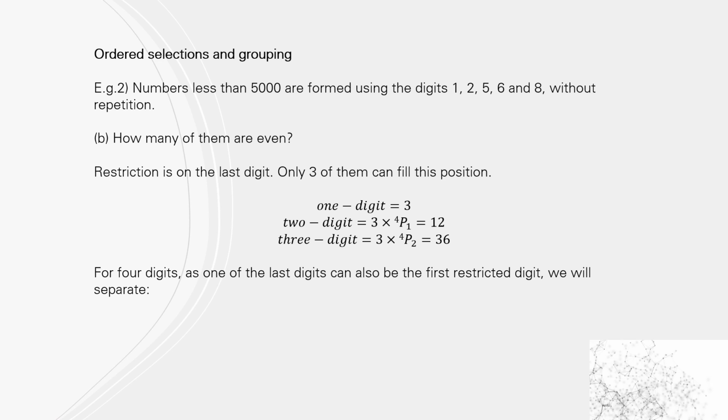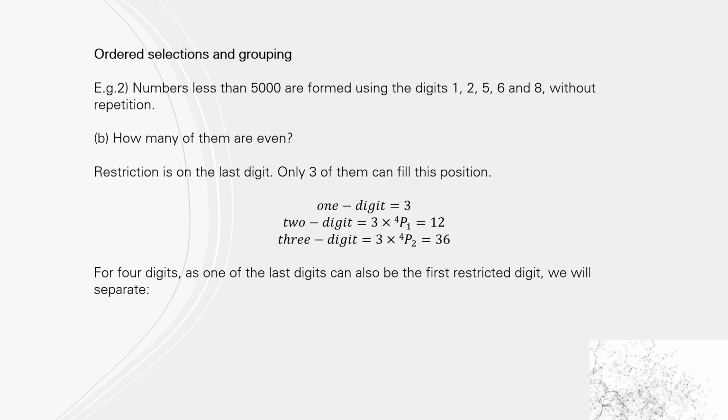For the 2-digit, the 2, 6 and the 8 can fill the last spot, and there's only 1 position left, obviously in the tens column, and there's 4 to choose from, so that's 3 lots of 4P1. For the 3-digit, once again, the 2, 6 or 8 can fill the final position. So that's the 3 times, and then we've got 2 spots remaining to choose out of the 4 numbers,